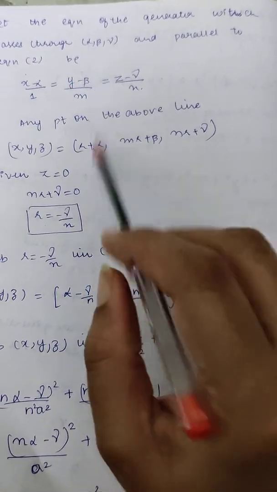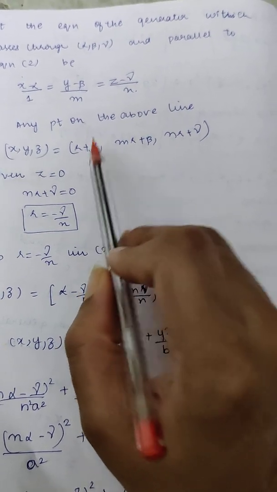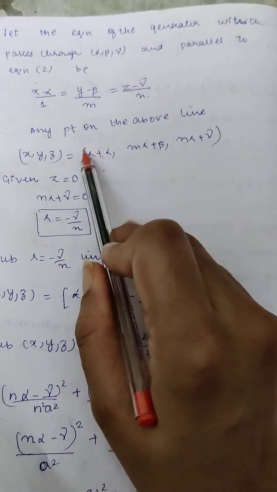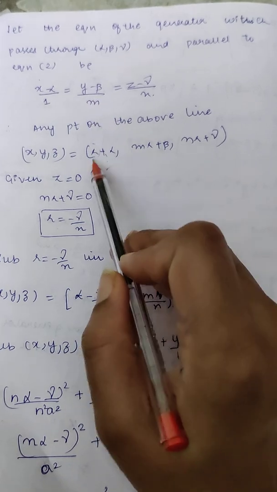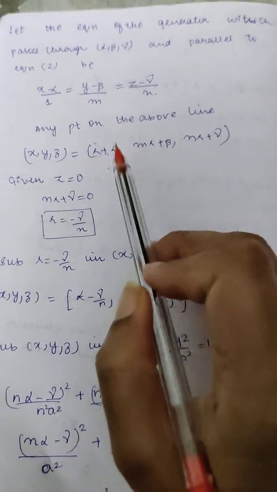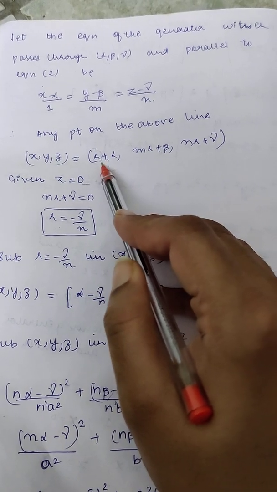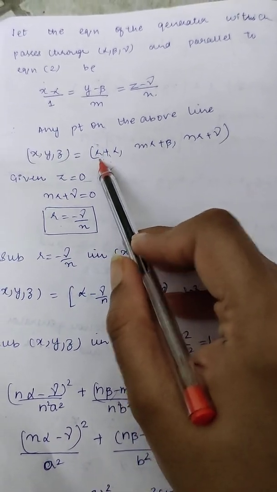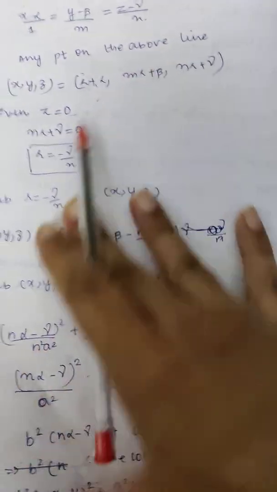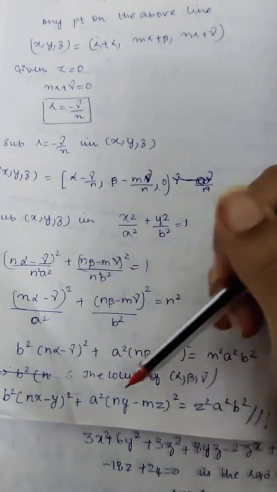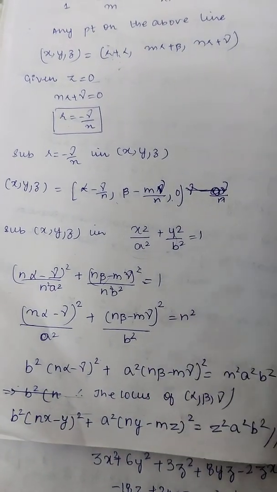Take this line equal to r, pick up the point. After picking up the point, you can see the point is incomplete because it contains the value of r. How will I find the value of r? Under the guiding curve, take the first degree equation, find the value of r, substitute into your point. After substituting the value of r, substitute into the second degree equation, solve, and you're going to get the equation of the cylinder. I hope you're clear with this.